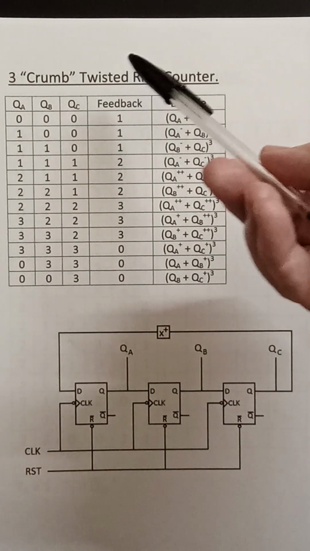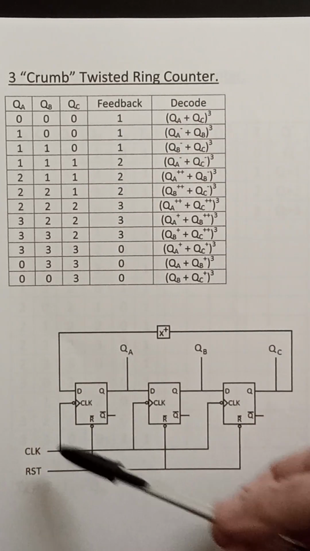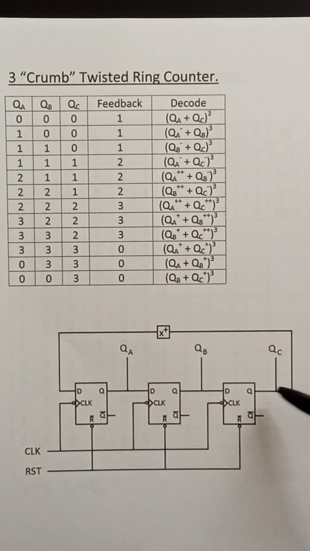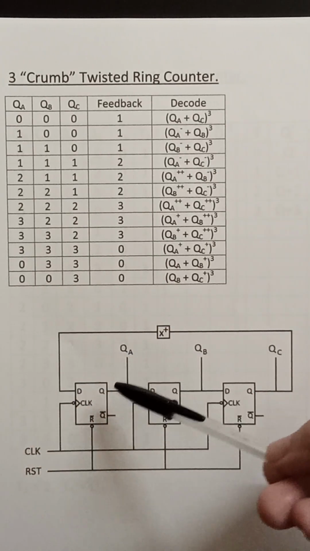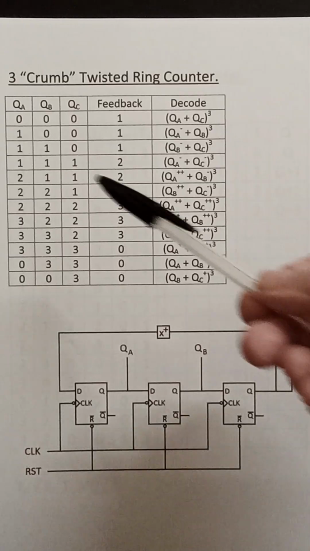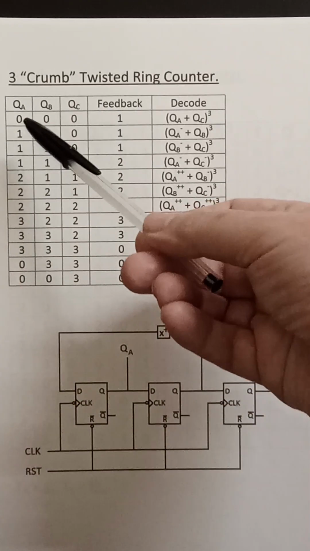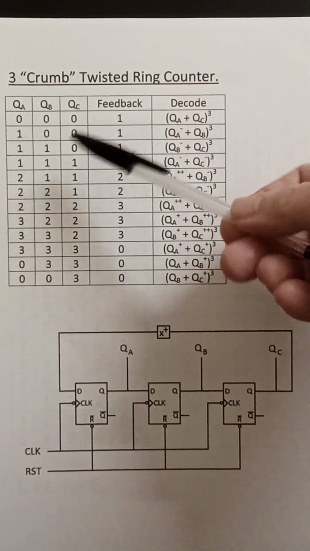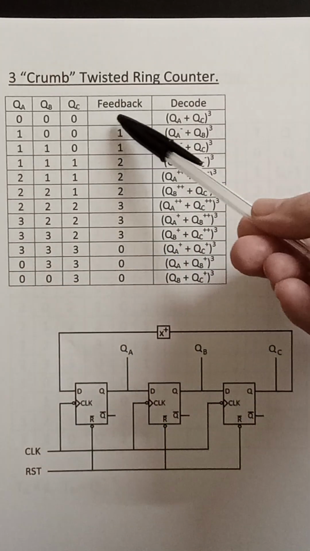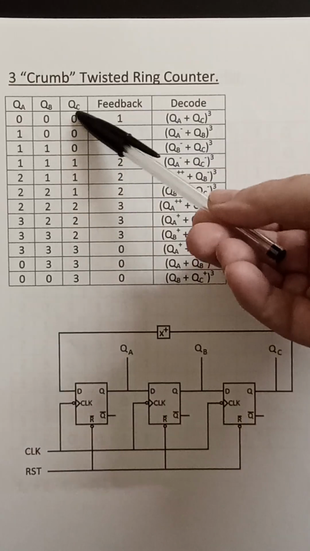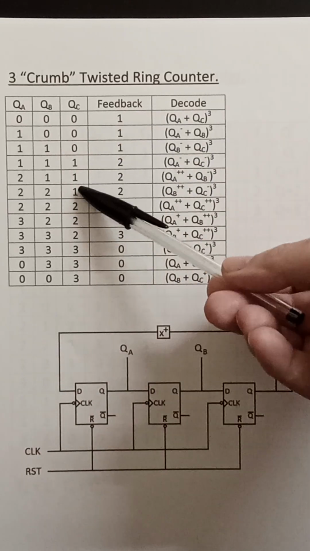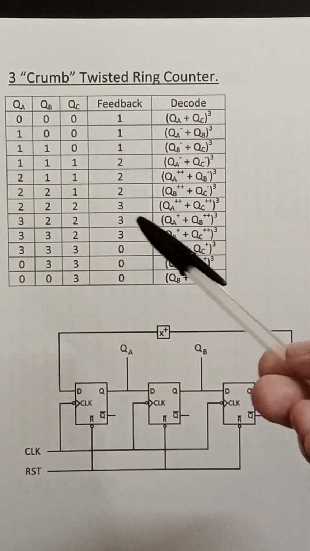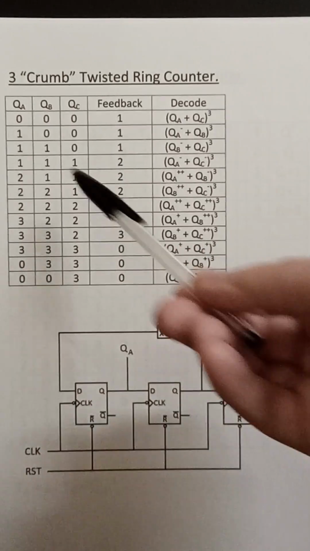This is a 3-column twisted ring counter. The same circuit as before, except it's got a successor function in the feedback loop between QC and the D input of QA. So basically, it's a similar circuit as before, like I said, but the feedback adds 1 to QC. So if it's a 0 there, it's a 1 there, a 1, a 2, 2, 3, 3, 0, and the feedback